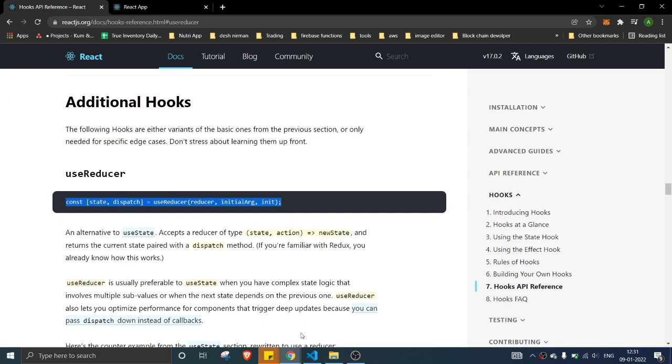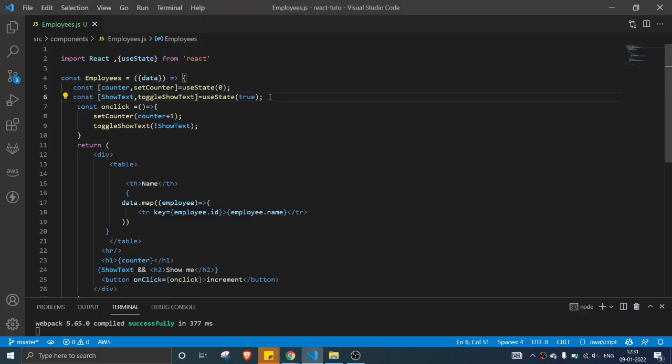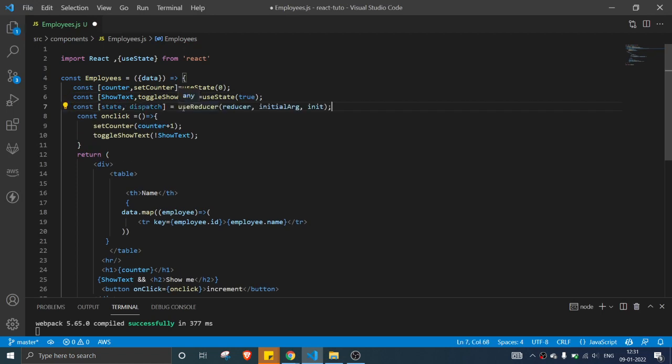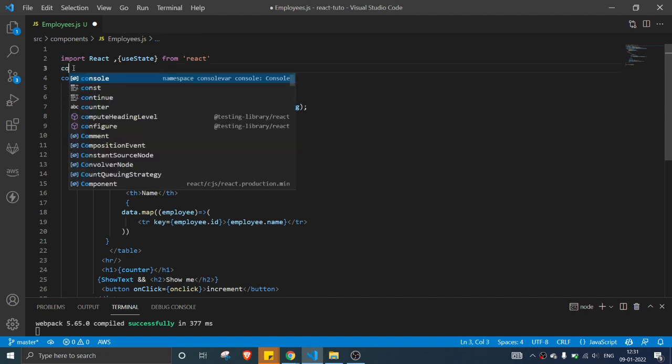So useReducer gives the state and the dispatch. Here we need to set the initial argument. So let's go and define that constant.